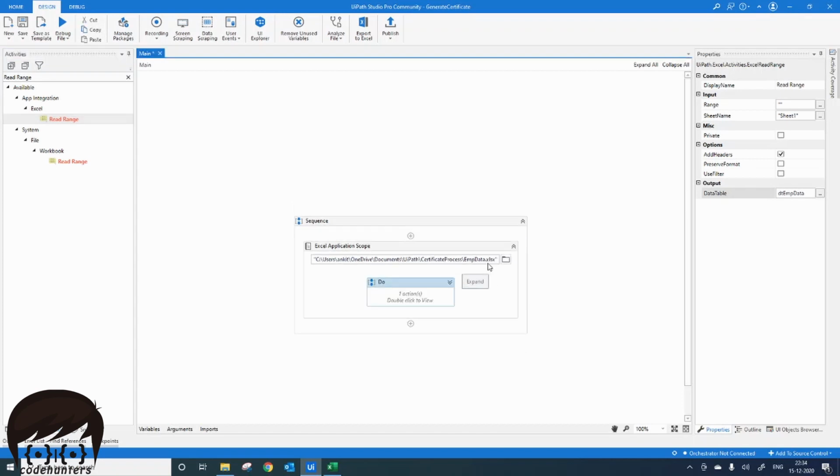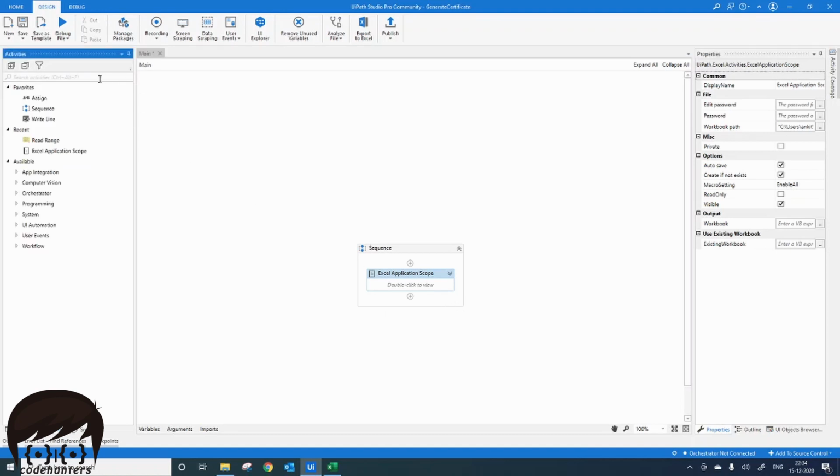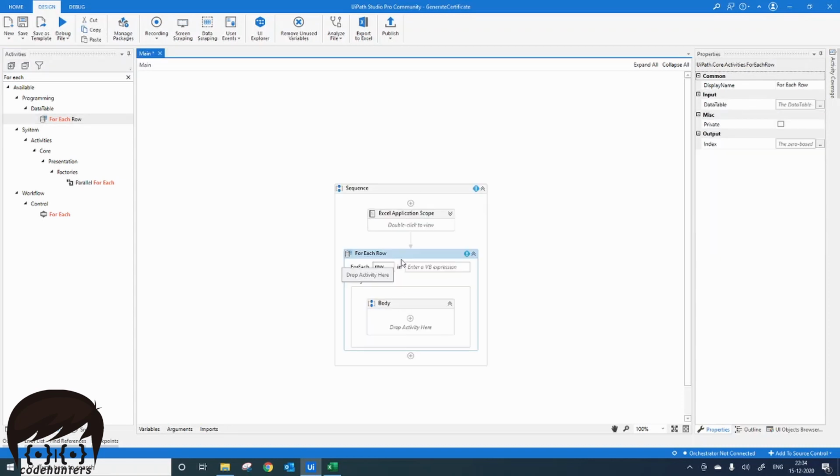We will need to create the certificate for all those employees which are in our data table. So we need to go row by row. For that we can use for each row, so that we can perform the actions for each row. I will drag and drop the for each row activity, and here you can see it says for each row in. What is that in?